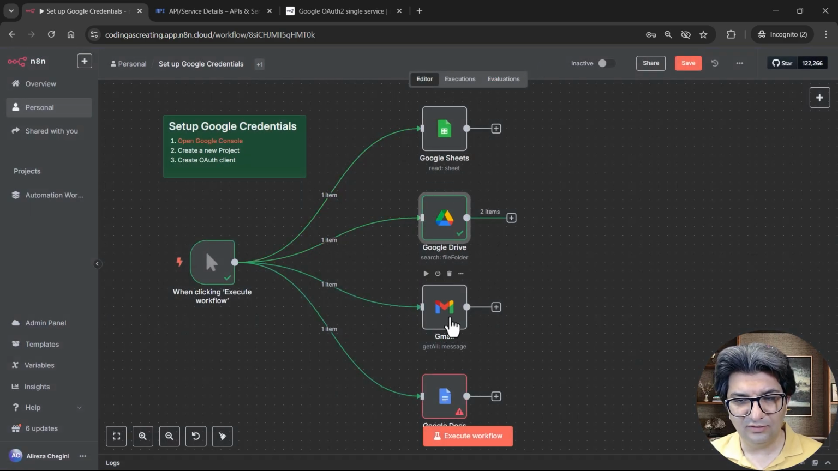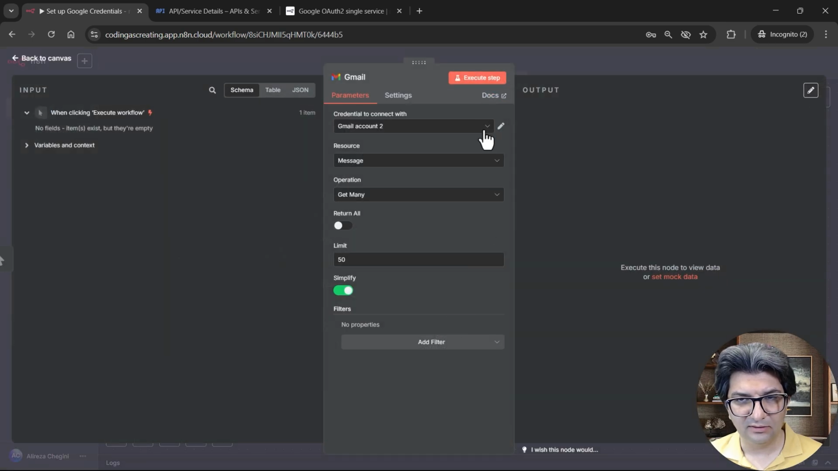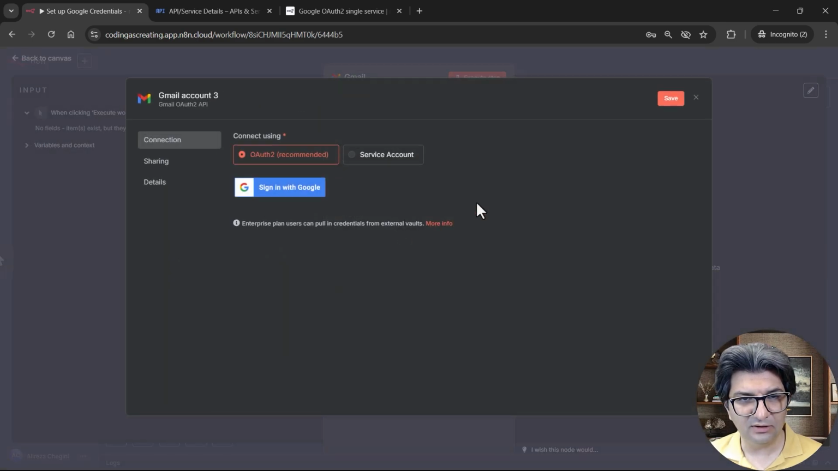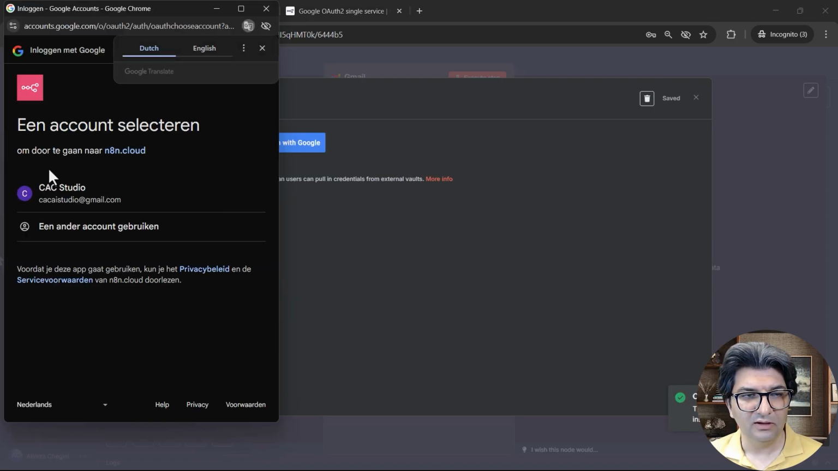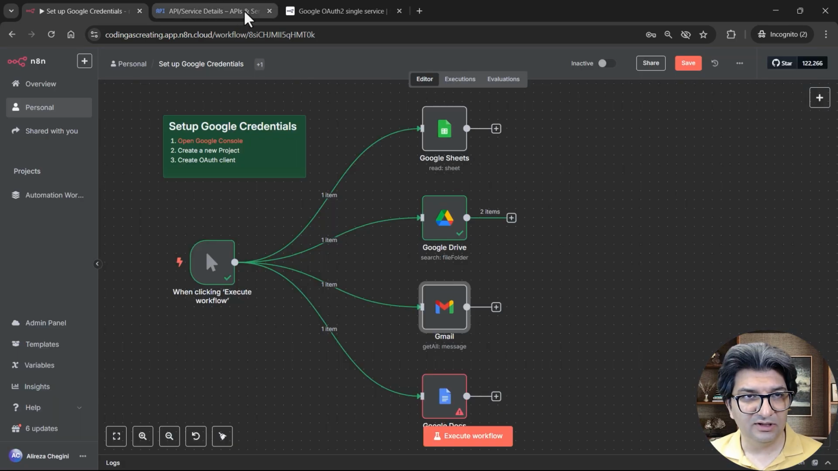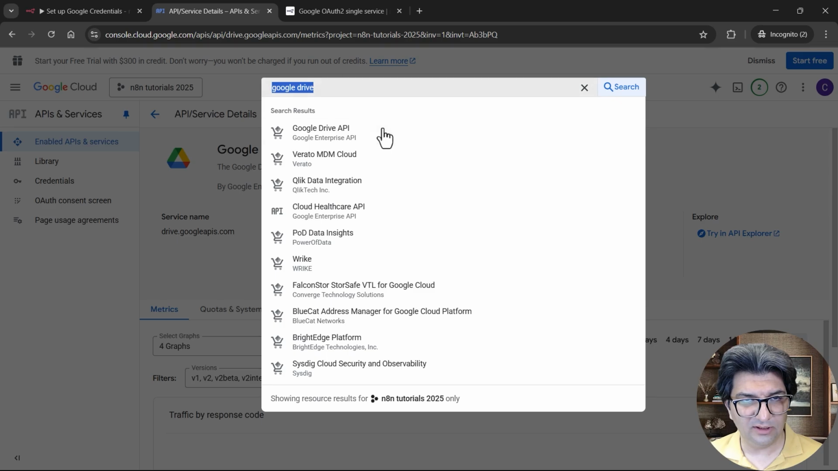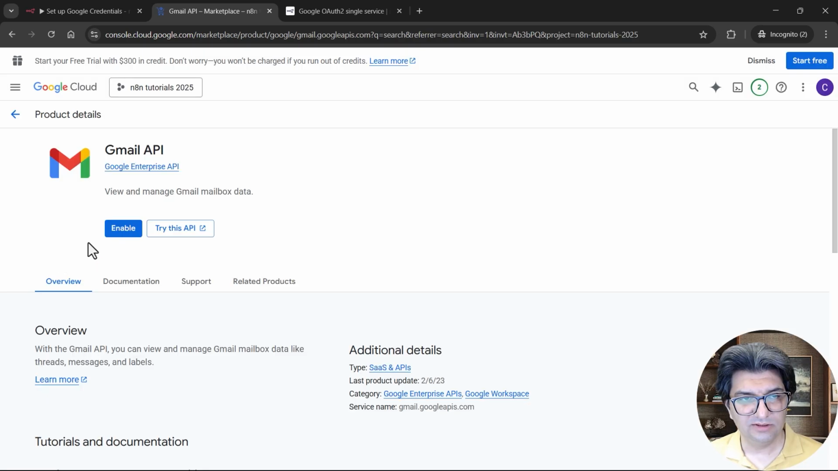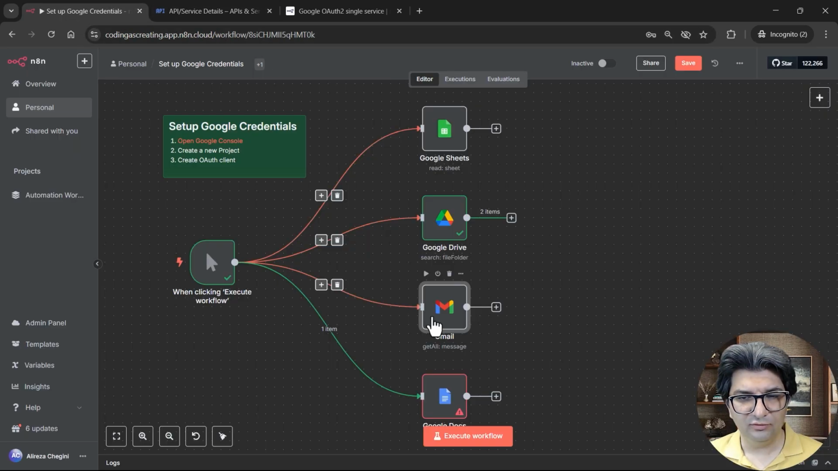And now we can go to the Gmail. For the Gmail, I create a new credential. And as you can see here, we don't need the client ID and client secret. We just sign in with Google. But before this, I think we need to check if the Gmail is actually enabled. So let's go back to this screen and look for the Gmail API. So we have to enable it. It wasn't enabled, so we enable the Gmail API, and now we go back to the workflow, and here